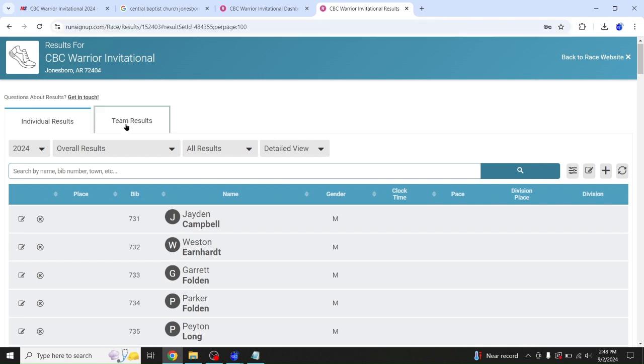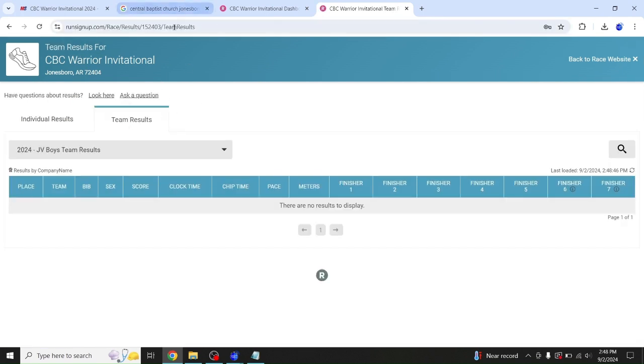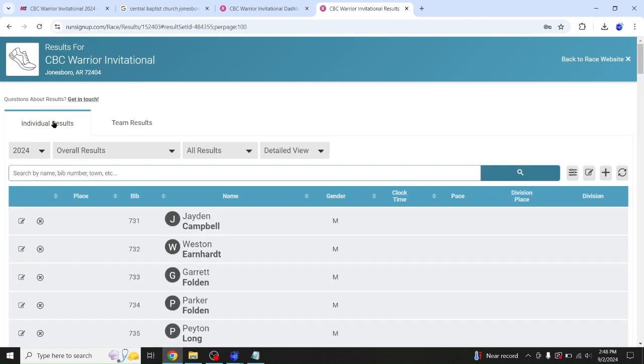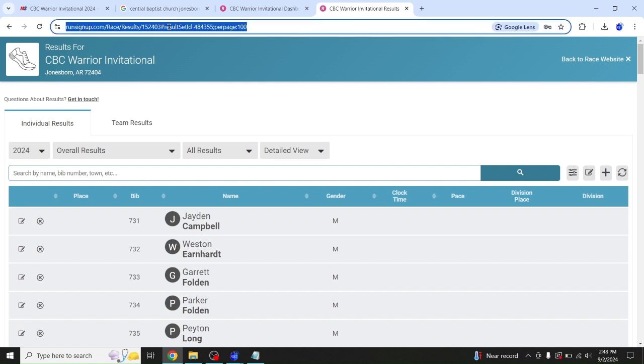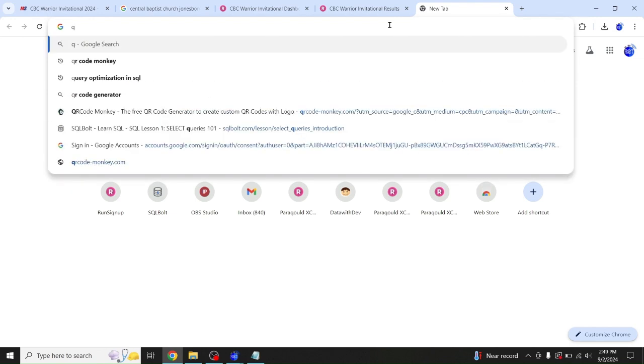Now, if you'd rather them go straight to the team results, then I think you can just copy this URL and create your QR codes based on that. But I'm going to do mine based on individual results. So I come here, I copy the URL, and then I'm going to open up a website called QR Code